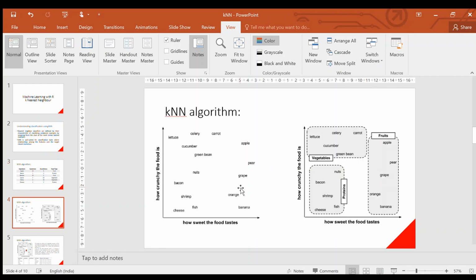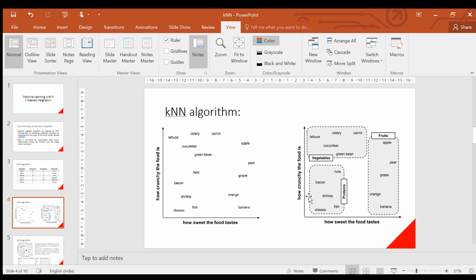Now what we do is plot these ratings, which have been provided by the respondent, based on the crunchiness and the sweetness. Here we plotted all the proteins, vegetables, and fruits according to the ratings the respondent gave us.